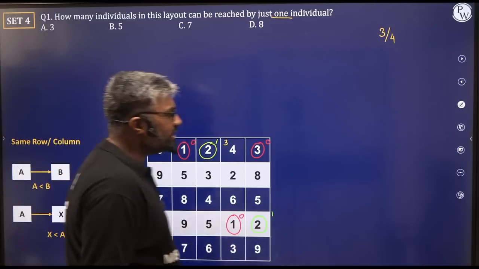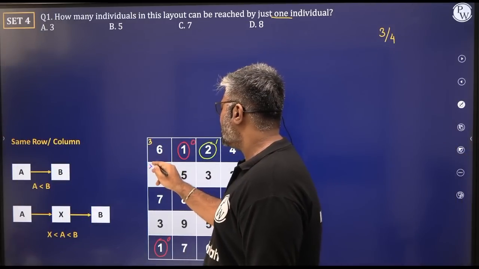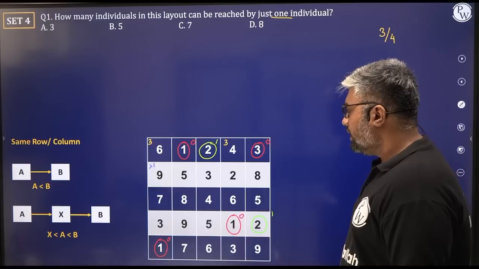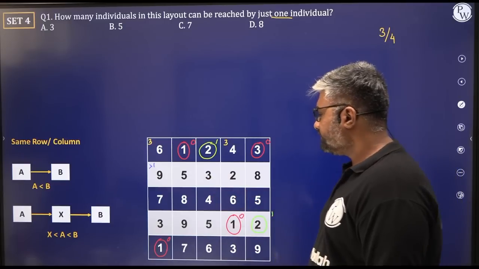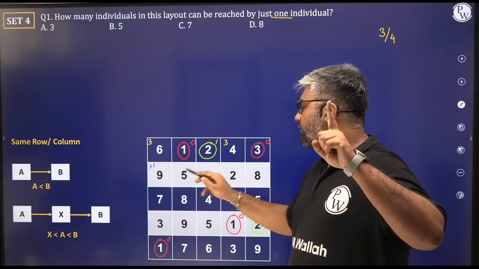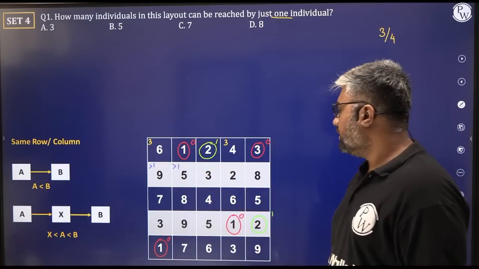This is obviously greater than 1. So I'm going to skip this or I'm just going to put that this is greater than 1, right? Let's not deal with it at this moment. Let's look at 5. What about 5? 5 can be reached from 1 case. 5 can be reached from 3. More than 1 case, let's not talk about it. Don't want it. Yeah. What about 3?